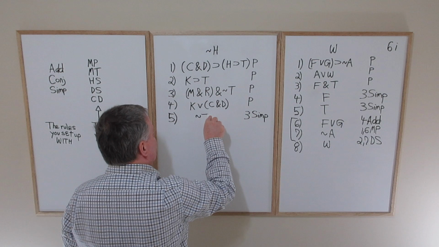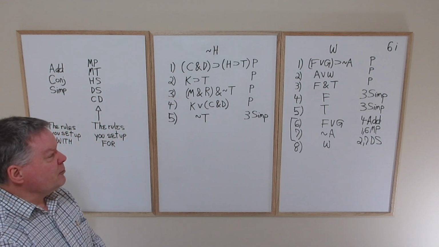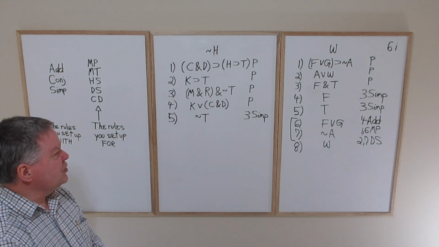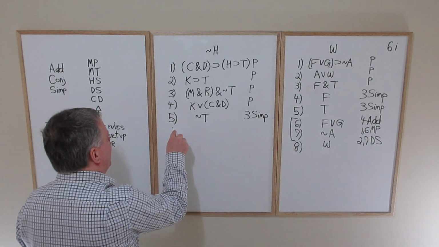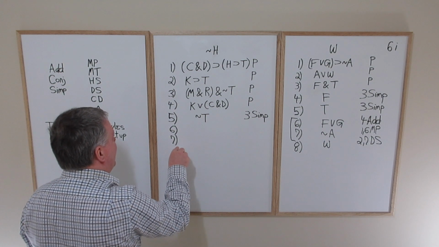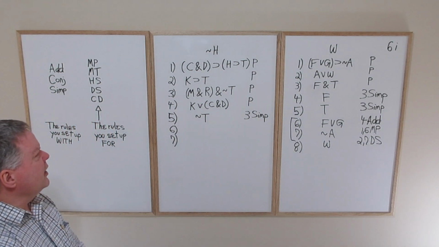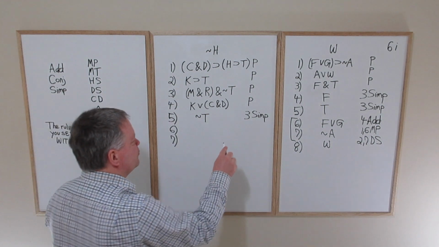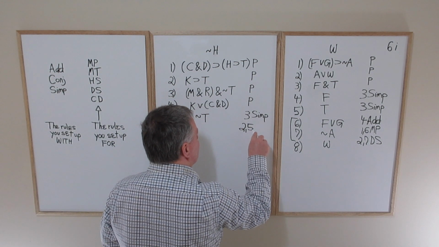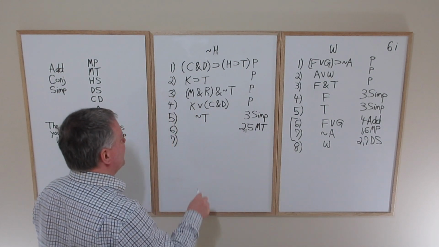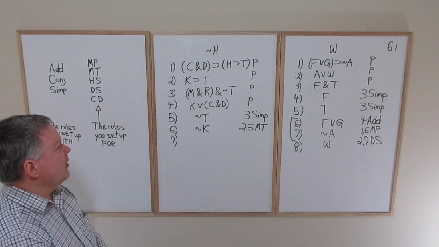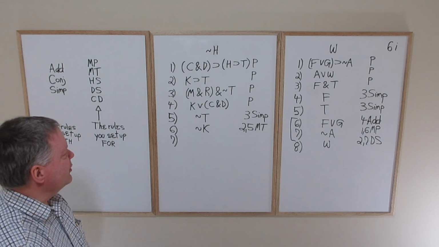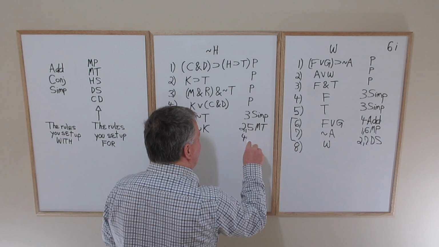So let's do a simplification on the right conjunct, tilde T, but we won't bother with the left one. It's not wrong, but it's just an unnecessary step. Now we can do 2-5 modus tollens to get tilde K, the negation of the antecedent of line 2. Now we can do 4-6 disjunctive syllogism